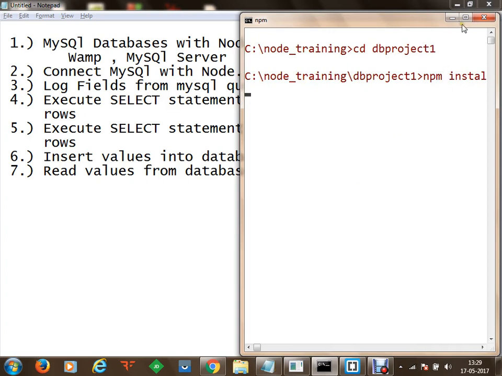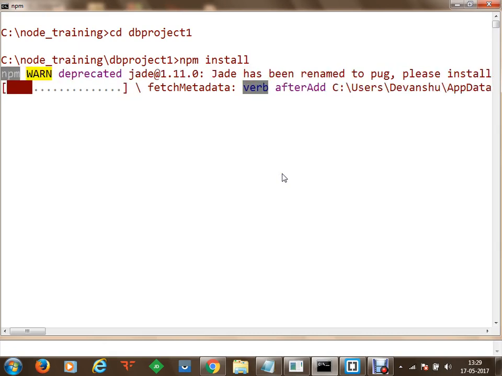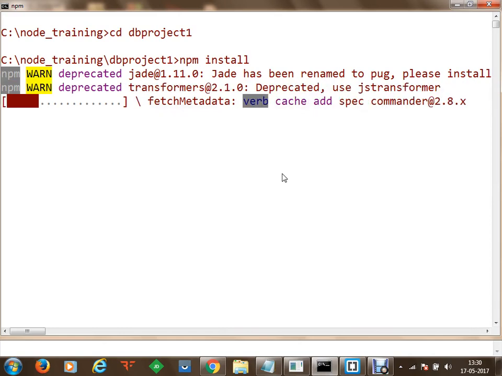Once npm has been installed, we'll run npm install mysql as well. Once MySQL has been installed, we'll proceed to designing the application via the Jade layout. Then we'll send parameters via a request to our logical file. As soon as we receive those parameters, we are going to view them and insert them into the database.